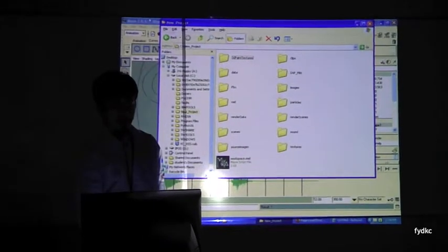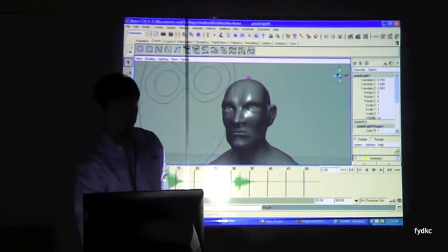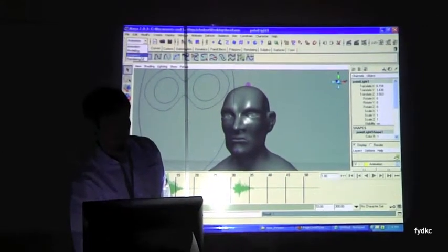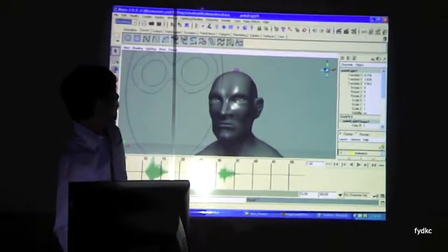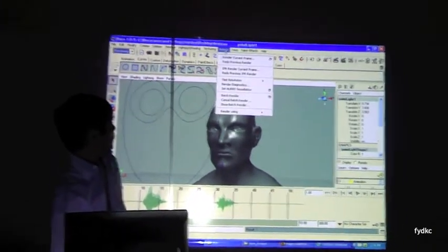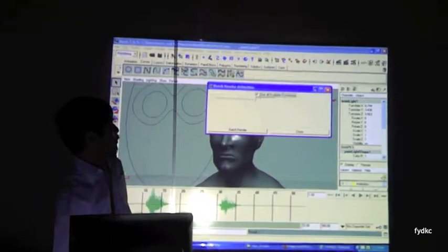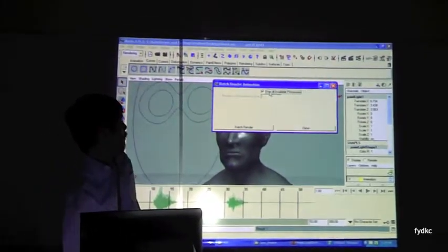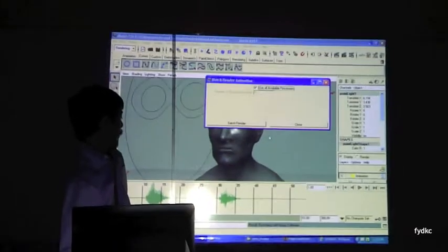Alright, now if I start rendering it out, and the way to render it out is you go to Rendering. So drop down menu, select Rendering, and go to Render, and then click on Batch Render Attributes. Put that on your own first. So click on Use All Available Processors, and then click on Batch Render. Alright, at this point,